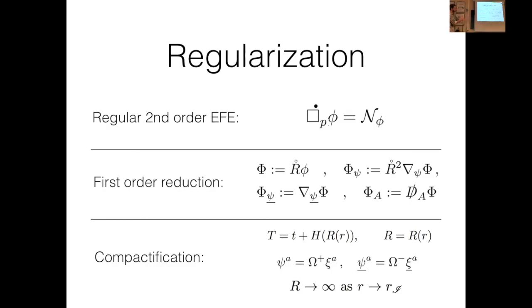And the next step is compactification. You choose a specific coordinate system that brings null infinity to a finite coordinate value. So whereas the radial coordinate r goes to infinity, this specific compactified r goes to a finite value. If you do that, very recently we were able to do all of this